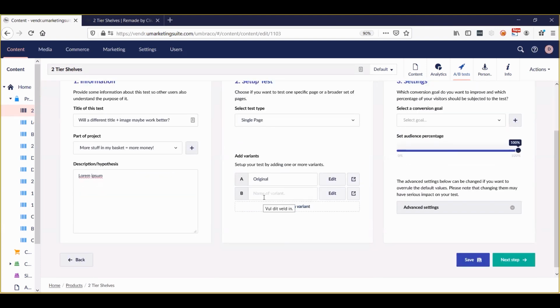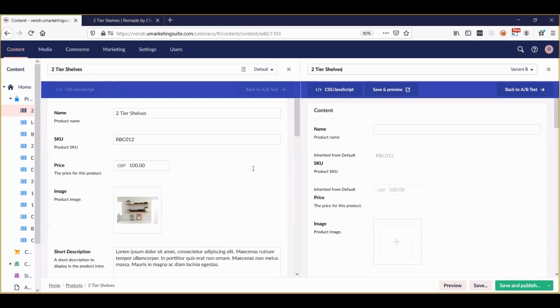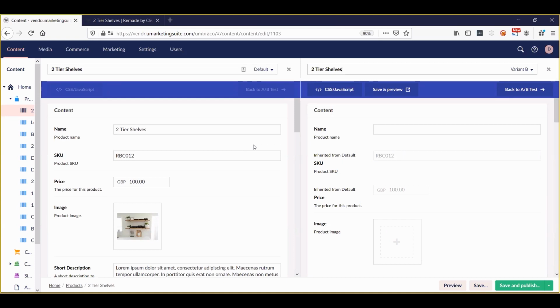We create another variant. And now when we click the edit button before, we get the pop-up with the CSS and JavaScript ability. But if we now click on the edit button, we go to a split view visualization. It's something that's built into Umbraco V8. By Umbraco, it's only used for multilingual stuff where you can edit a Dutch version of a page and a French version of the page on the left and the right, but we're going to use it to create variants